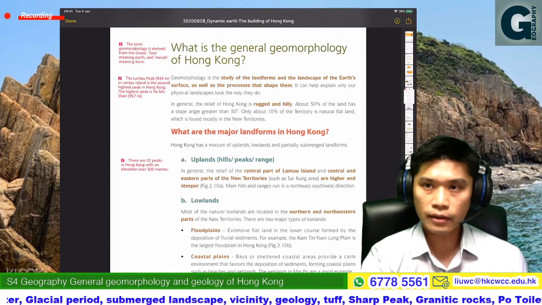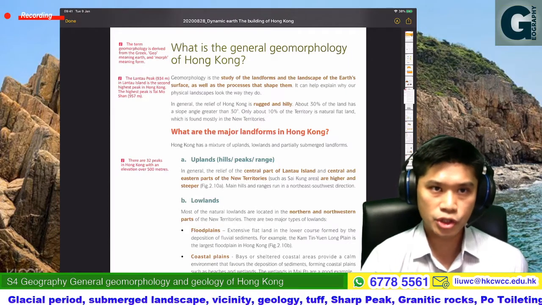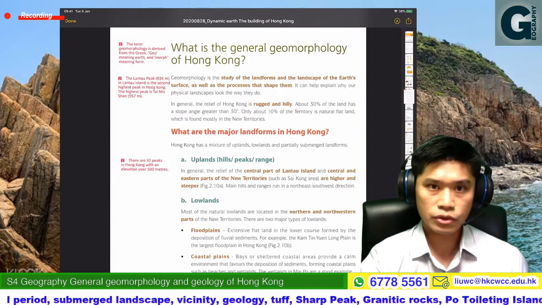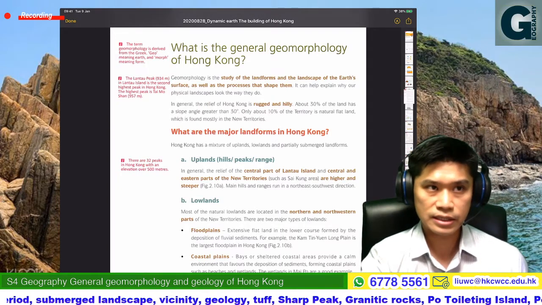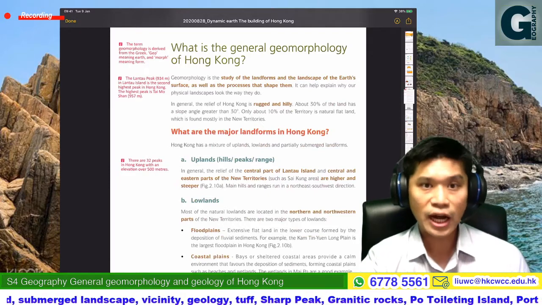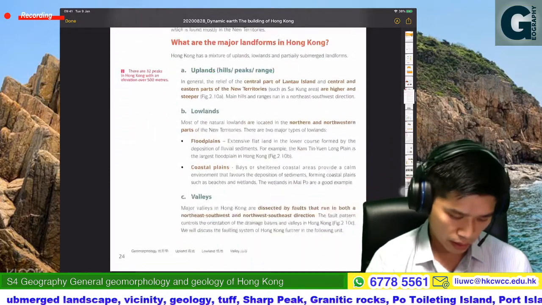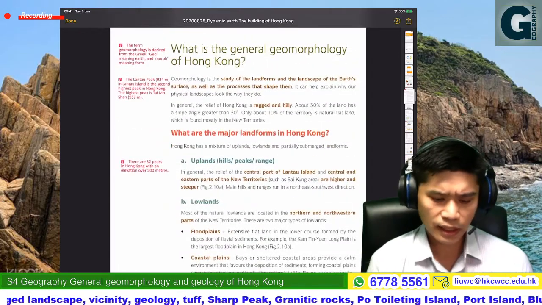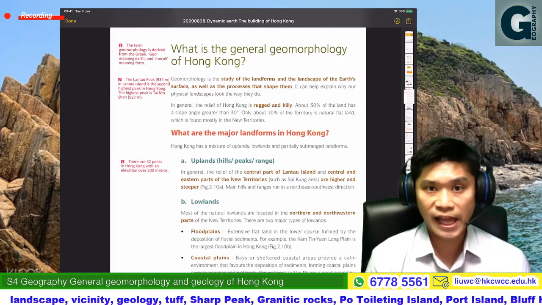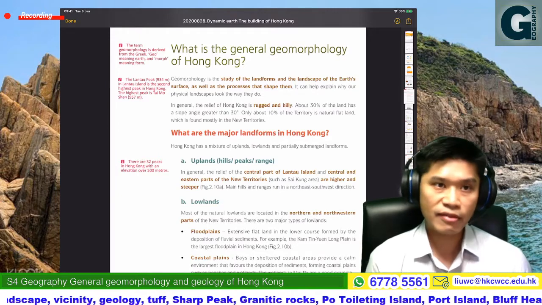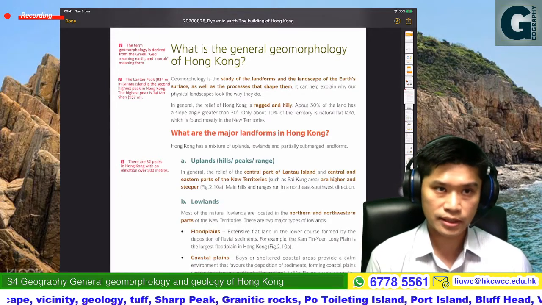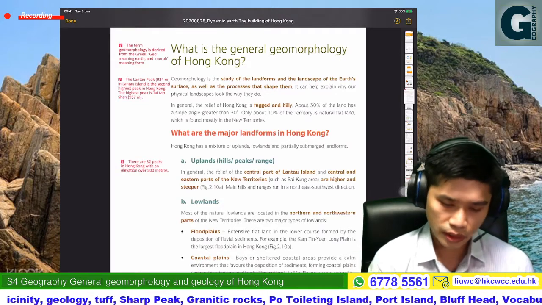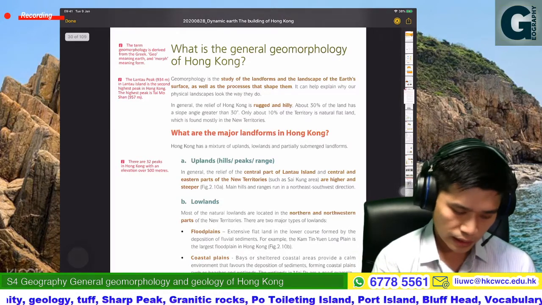We're going to talk first about what the geomorphology of Hong Kong is. So geomorphology, you may understand it in Chinese as 地形學. You may understand it as the relief or the landscape, what type of landform. So geomorphology is the study of the landforms. Okay, so you may highlight